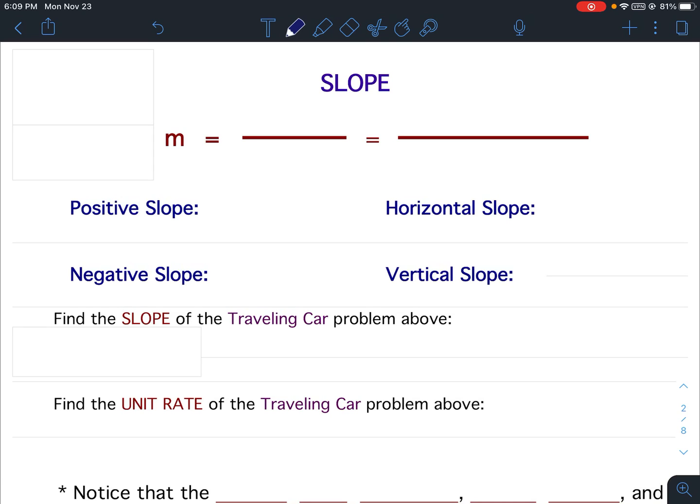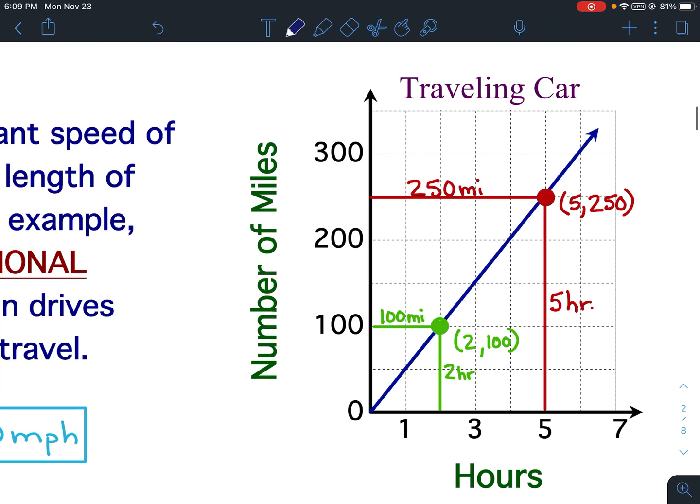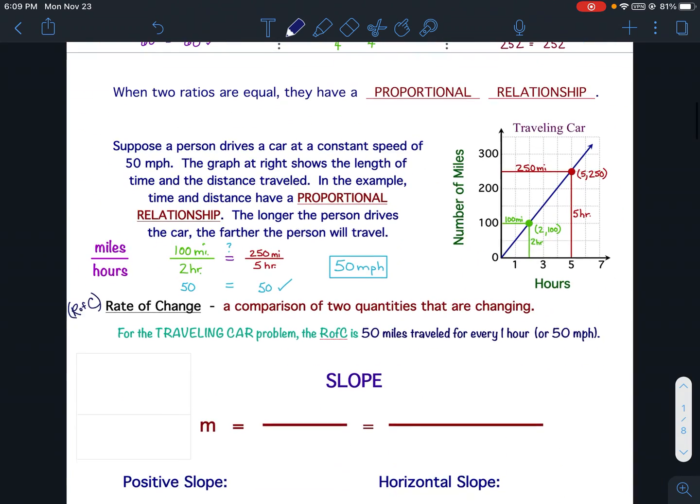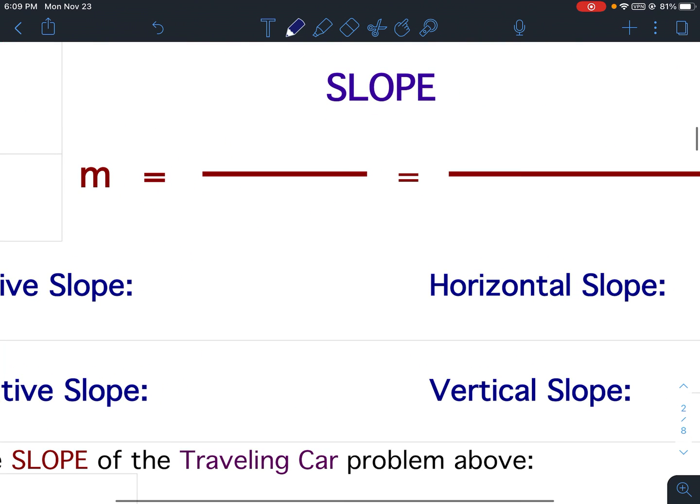Proportional relationships, lesson 6 notes. Slope. You should be familiar with slope. You've worked with slope before. Slope is how a line is slanted, right? So up here in the traveling car problem, there is a slant to that graph, and the slope is how it is slanted, right? To find the slope, you want to find rise